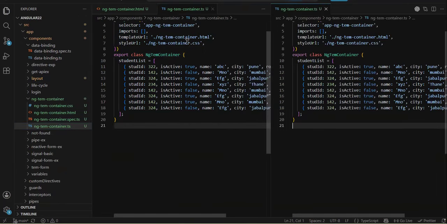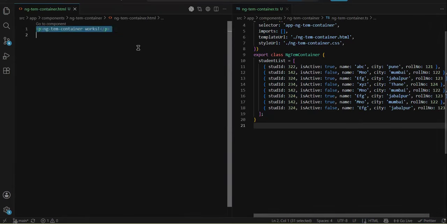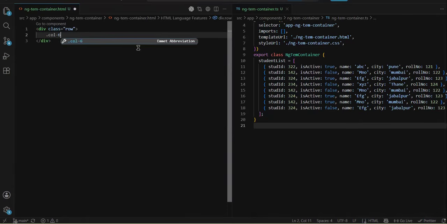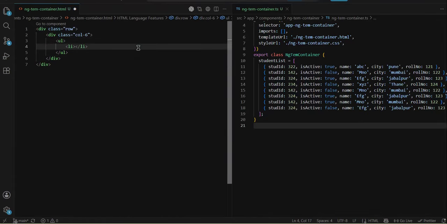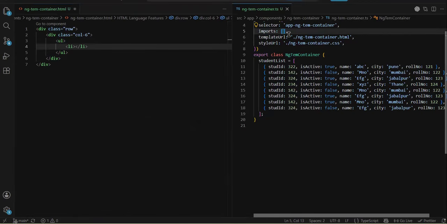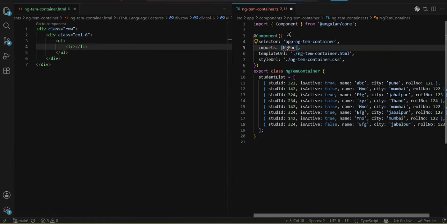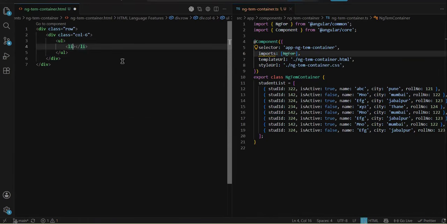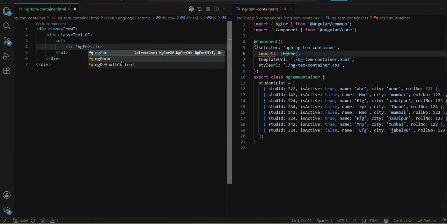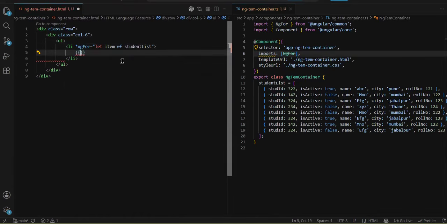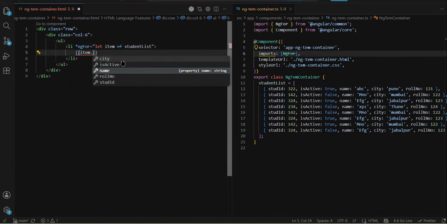So let's open it side by side. Here simply I'm getting a UL and then I have an LI. So I want to repeat it with ngFor. I'm explaining the older way, because ng-container we can properly understand with the help of structural directives. There are multiple use cases also, but ngFor will be the right way to understand it. So this LI we need to iterate. So you write *ngFor, let item of your array, that is studentList, and inside the li you want to print, let's say, item.name